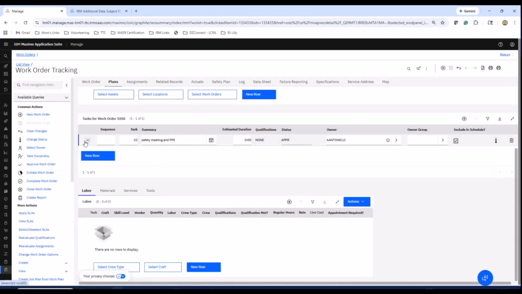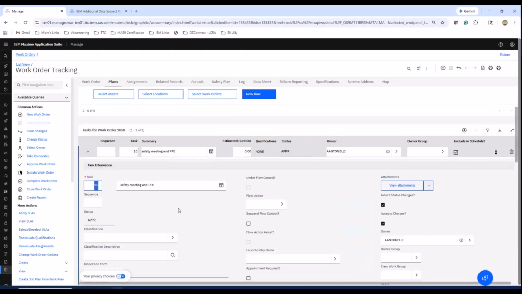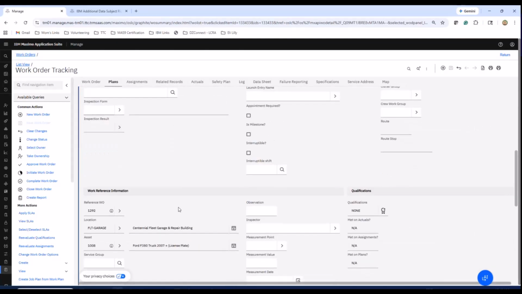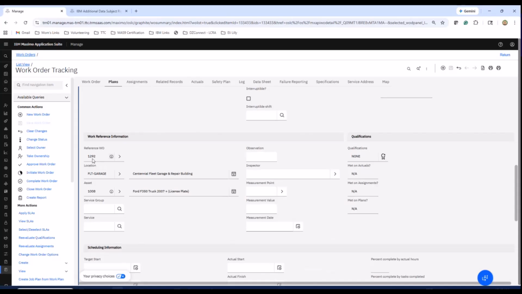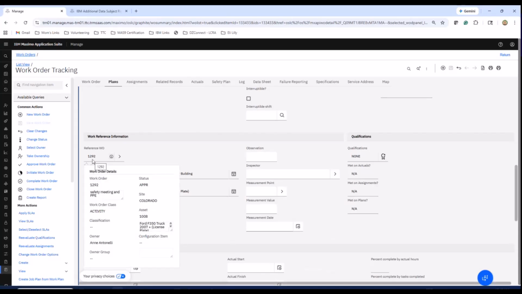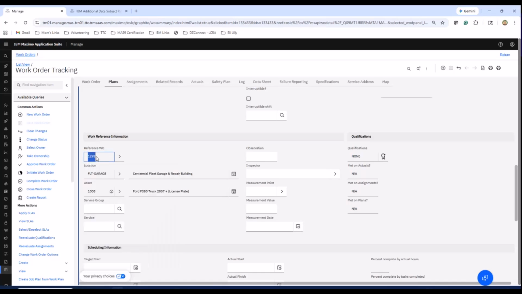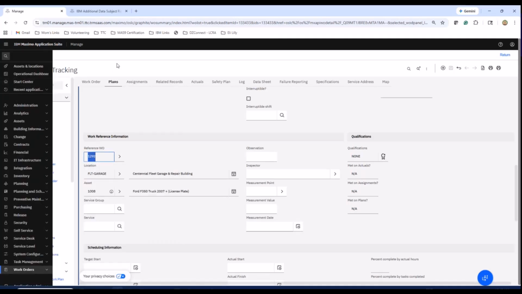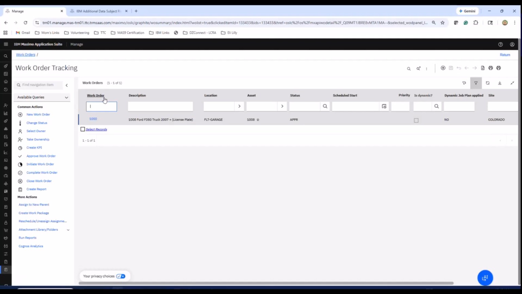And remember, every task you save, even though it says it's task number 10, it's actually a work order. And depending on how your organization numbers it, it's not. It's reference work order number is 1292. So if I'm in work order tracking,